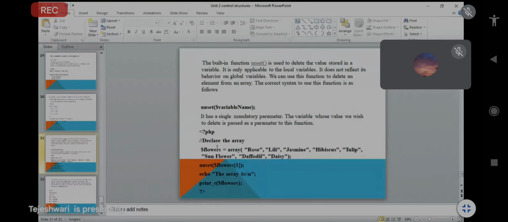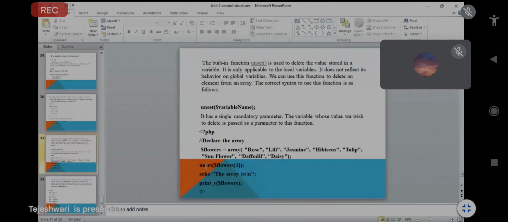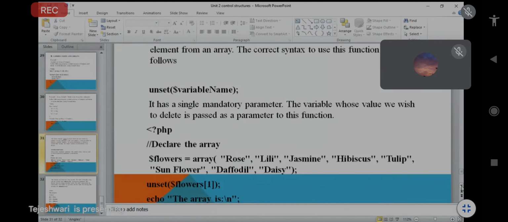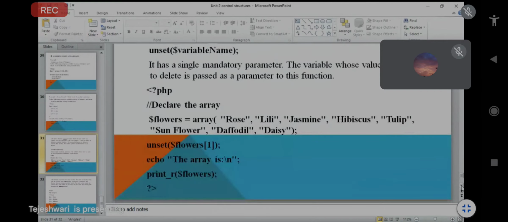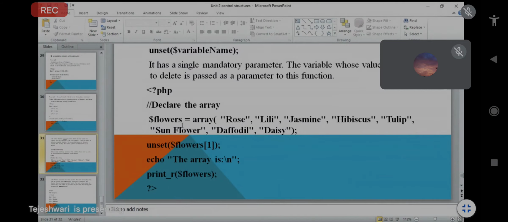So if you see the example, open the PHP tag, question mark PHP by default. Now we have to declare the array. I just took one variable because I want to take some flower names. So $flowers equal to array, and in brackets I pass the flower names.